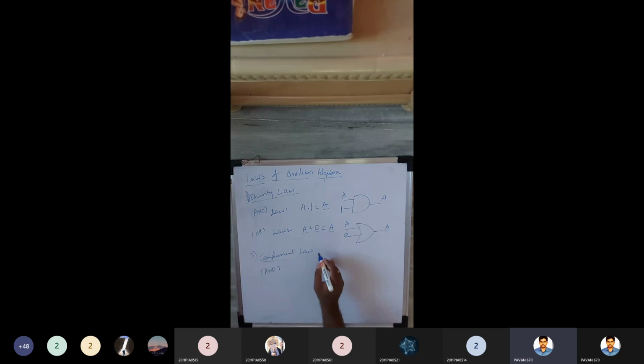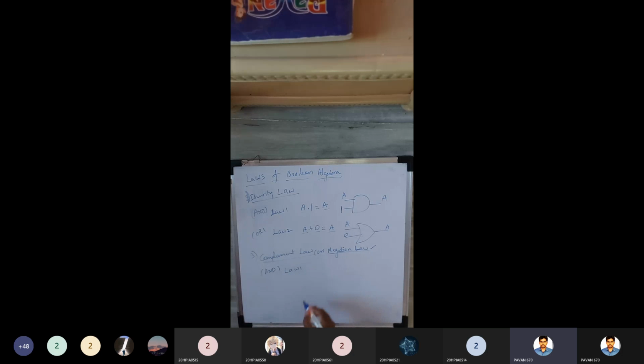So this law is also called the complement law. It is also called the negation law. We can have another name for this, negation law. Complement and negate, that's why you can call it a negation law also. In some of the textbooks, very rarely they will mention it like this, complement law or negation law. Okay. So law 1 here.